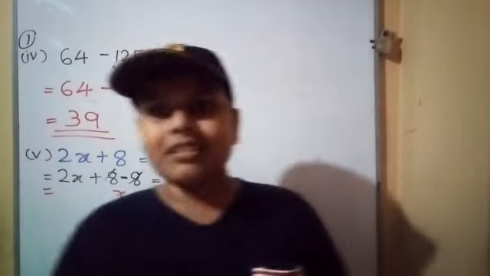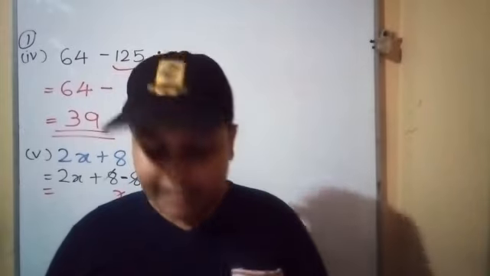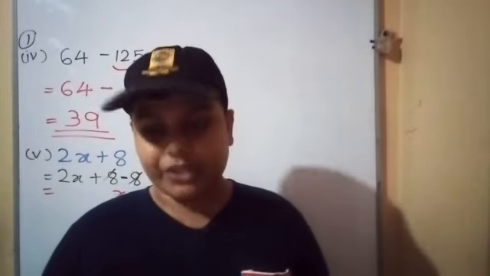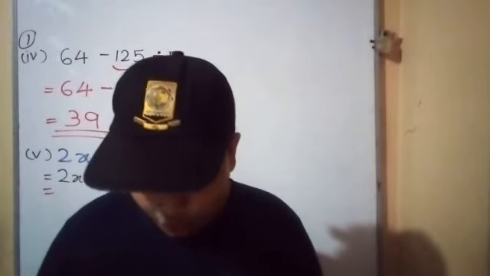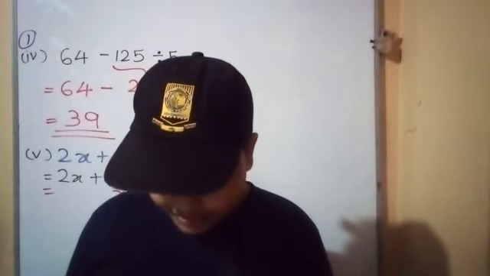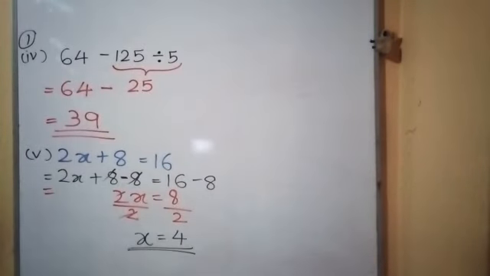Okay, so let's move on to the revision exercise for grade 7. There, the first question, the 6th sub question. What is the 6th sub question? Write down the ratio 14 to 49 to 35 in its simplest form. What is that? Now, simplest form means